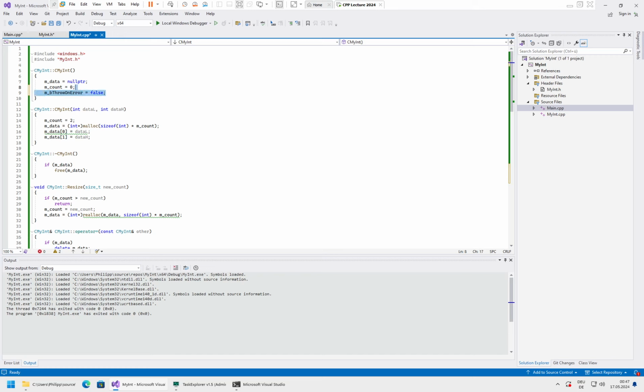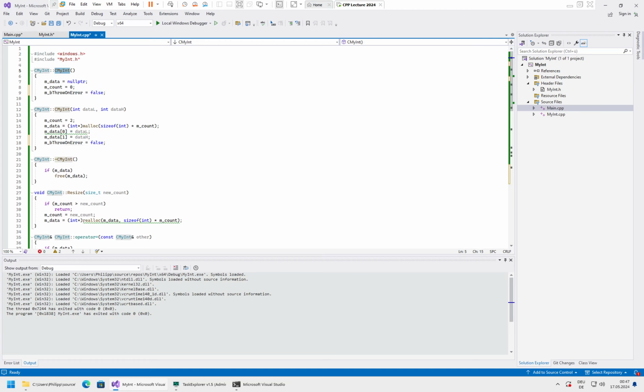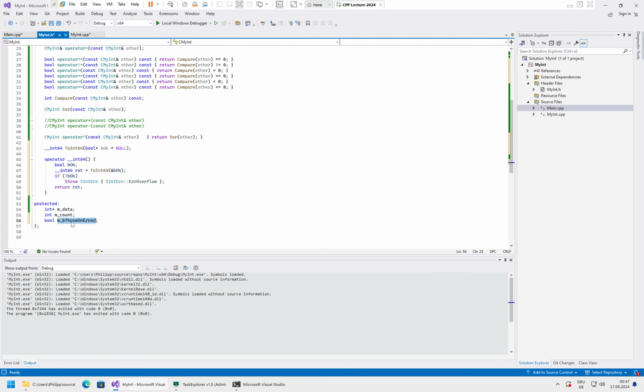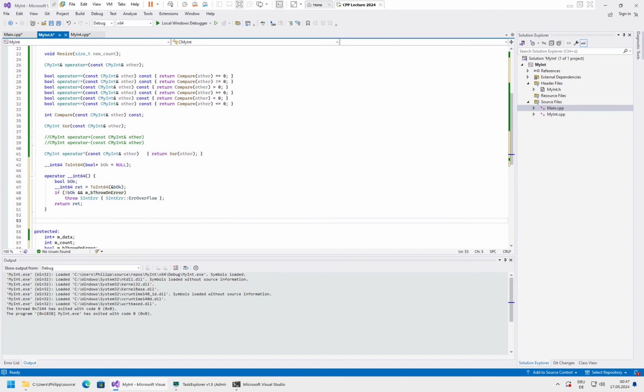Let's see, this we need to initialize here as well. The other constructors use this constructor, so it's fine, or this one, so this is already initialized. So then having this variable, we could then check, so if not true and throw an error, then throw, and then to control this we would add a setter function, void set throw an error for the set. We can by default even provide an argument, since the expected case is that it will by default be false. Then we can have a getter